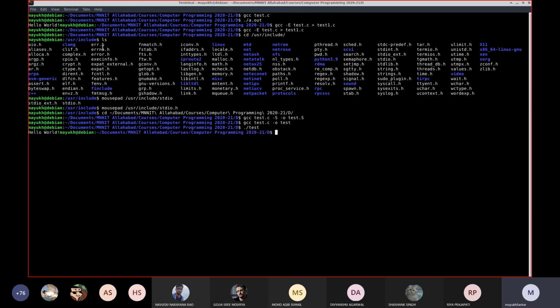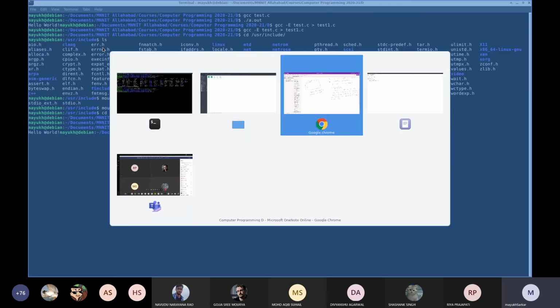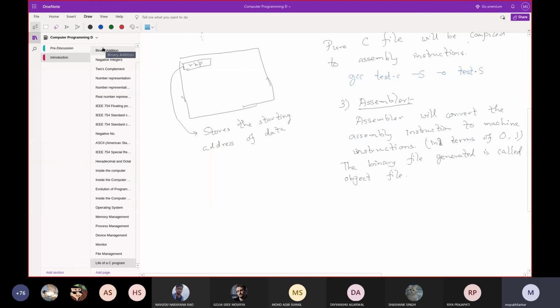But when you have multiple C files in your project, which is most common, a large project consists of hundreds to thousands of C files, obviously this will not create the final executable file, because the final executable file will involve all machine instructions from all the files that have been generated.